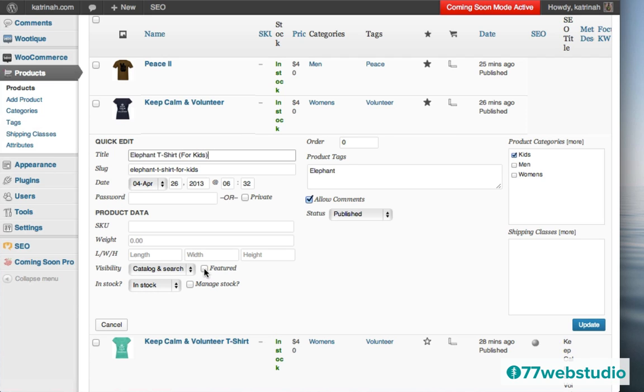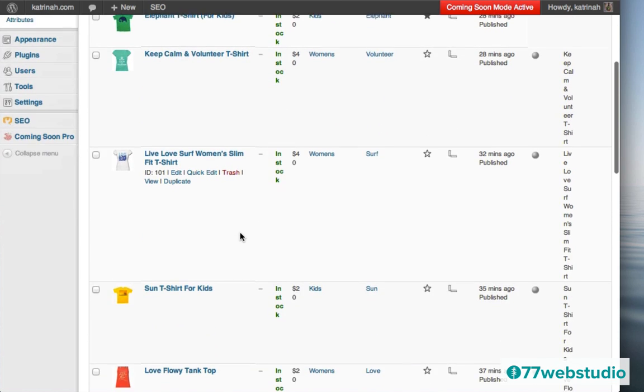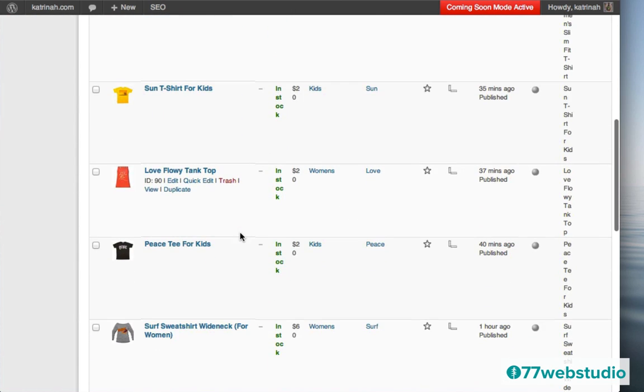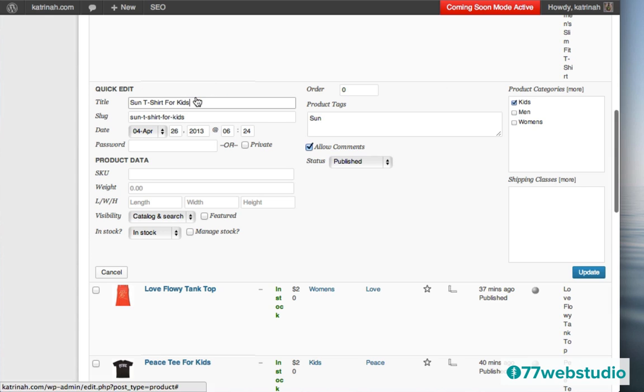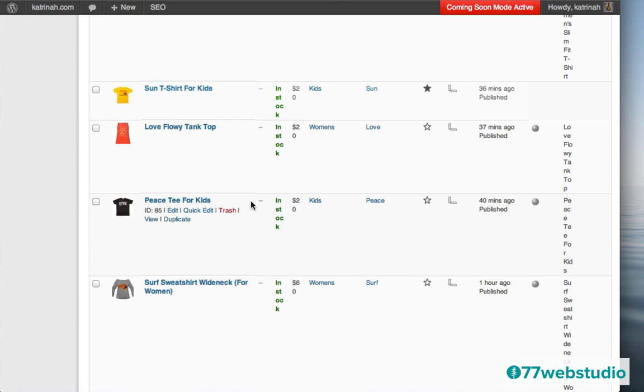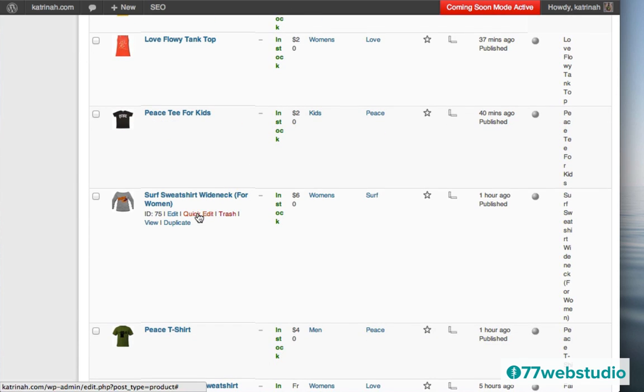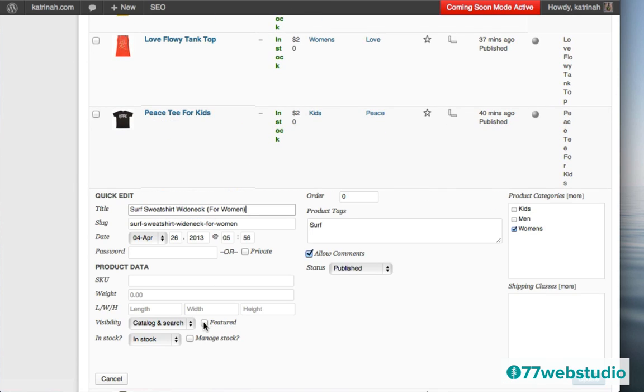So here I'm just going to click on that, click on Featured, click on Update, that's 3. We need about 5 more. So let's see, I'll do this one, quick edit, then I'll click Featured, Update. Let's see, we'll add this surf sweatshirt, so quick update on that. Click on Featured, and once again click on Update. I think that's 5 so far.